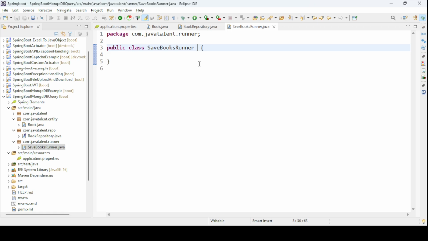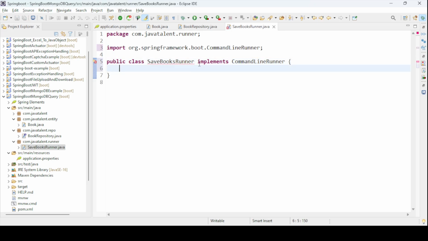You can just follow the CRUD operations like in the video which I have created, and you can take the notifications from the right corner if you want to take the help of those RESTful APIs for your reference. Command line runner. So here